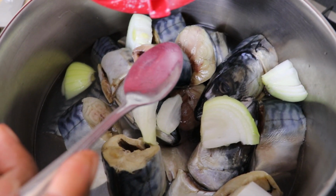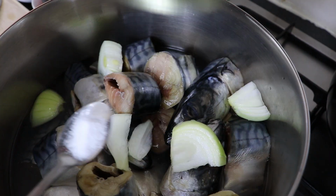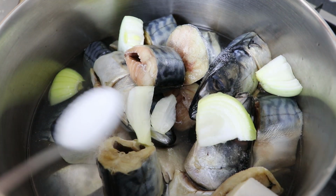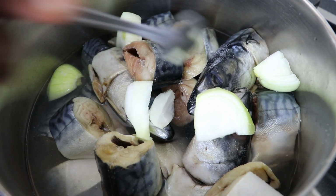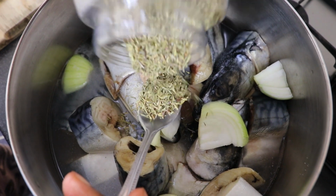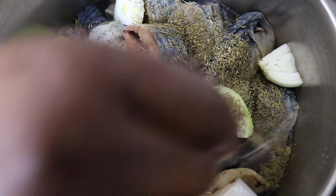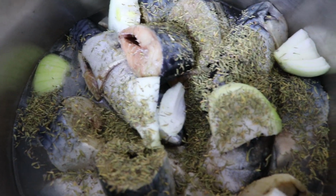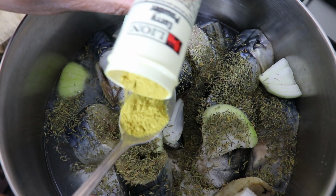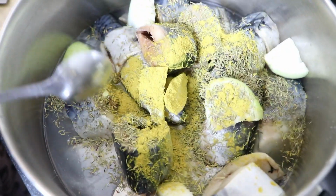I'm going to add some salt. So this is the salt I'm using. A teaspoon. I'm adding some thyme. Curry powder, one teaspoon,